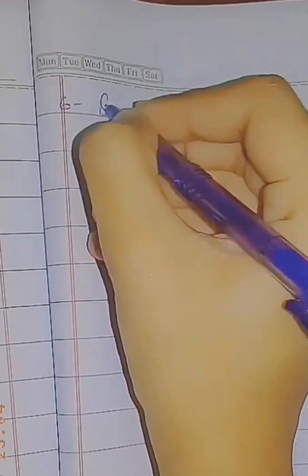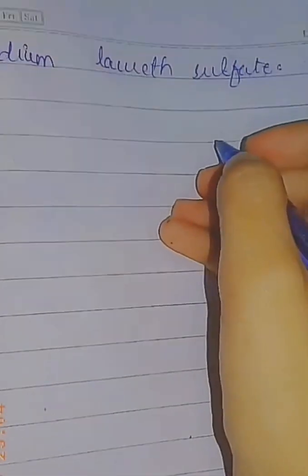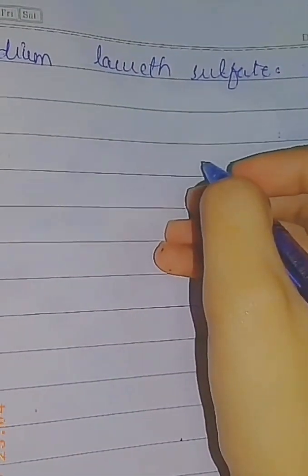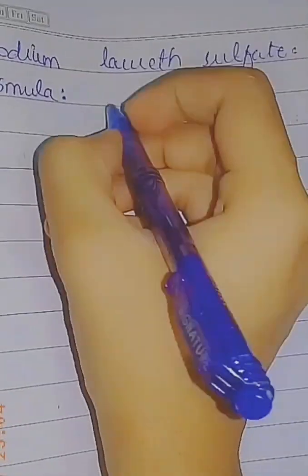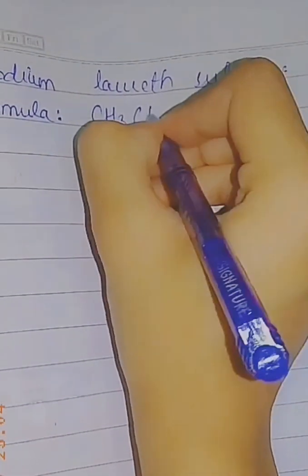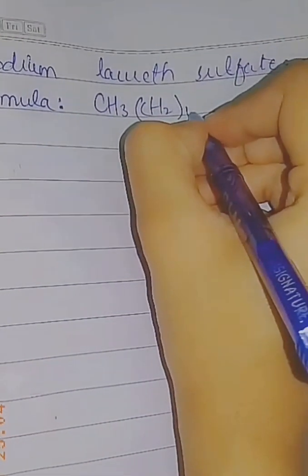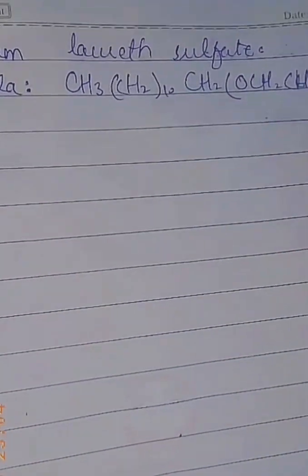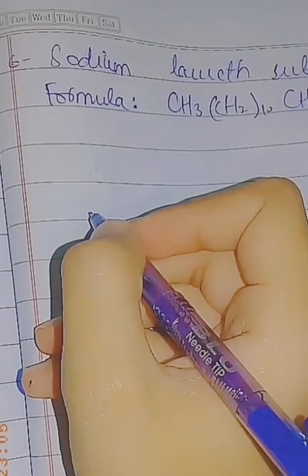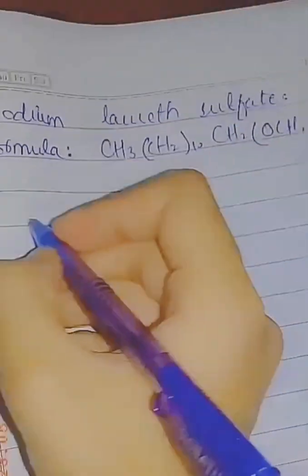Number 6 is sodium laureth sulfate. It is an anionic detergent and surfactant found in many personal care products such as cosmetics, soap, etc. Its formula is CH3(CH2)10CH2(OCH2CH2)nOSO3Na. Its structure is